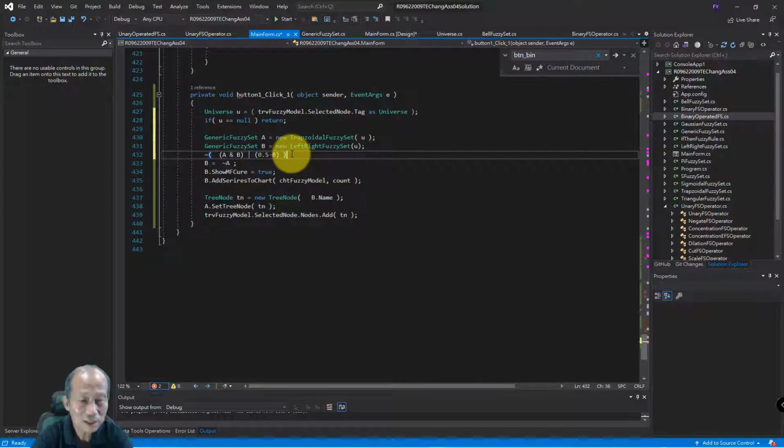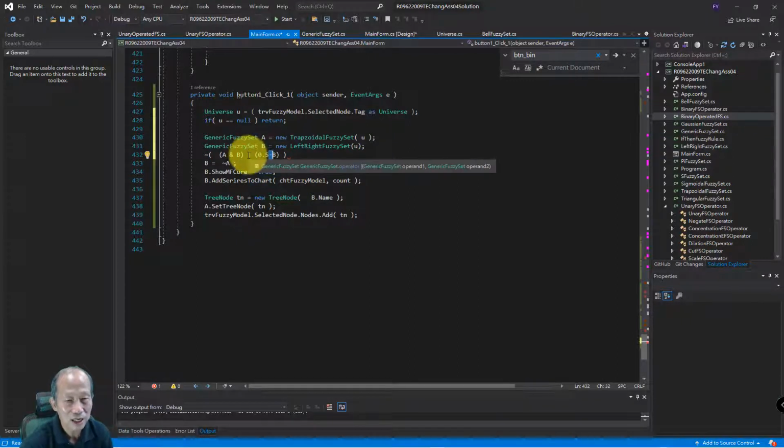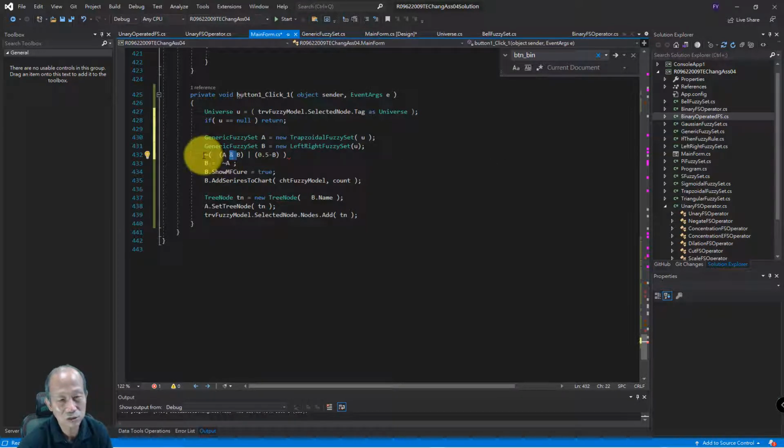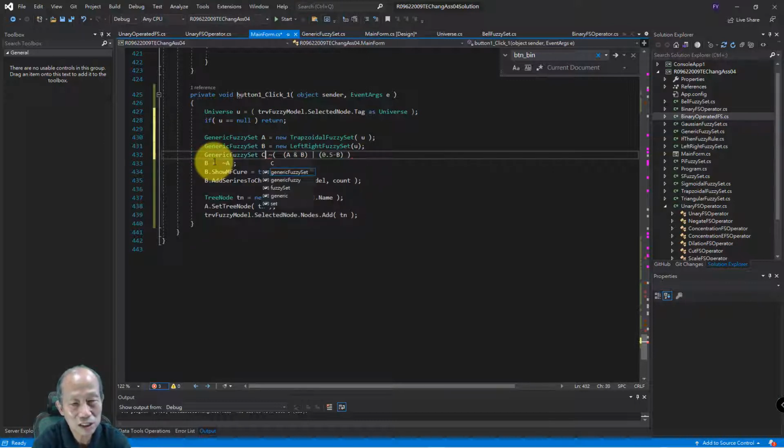See, we can express our expression in this way. Just use the operators we have overwritten, that we have overloaded, right? So these are the operators we just created, and then we can generate a fuzzy set. This kind of generic fuzzy set C equals